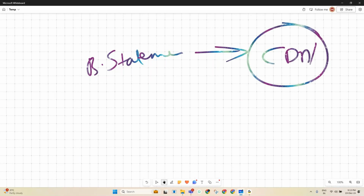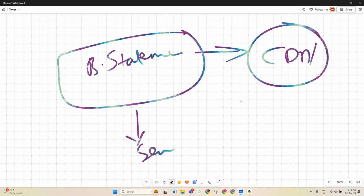No, we can't put it there. Yeah, it's a very safe thing, right? So I have to put it in my server only. I will never put it there. But let's say,